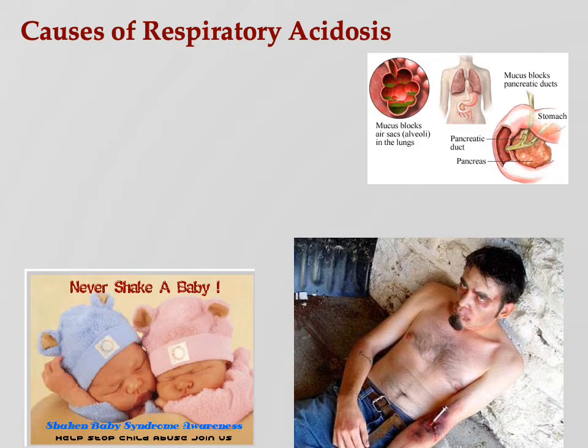Let's talk about respiratory acidosis. Now, you should be able to think for a minute, all right? So this is what we mean by respiratory acidosis: an acidosis that is caused by the respiratory system. So remember, let's go back. How many breaths per minute do you normally take? 12 to 20. What happens if you don't breathe enough? If you hypoventilate, you hold CO2 in. CO2 is acid, therefore respiratory acidosis. So if you hypoventilate, you will end up with respiratory acidosis, all right?